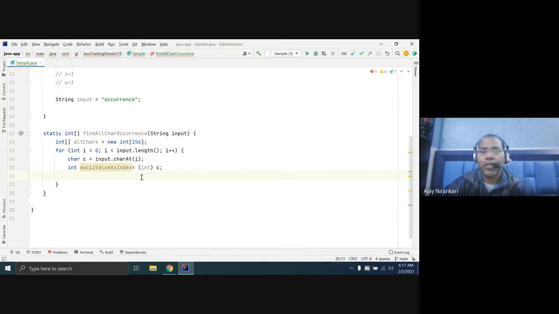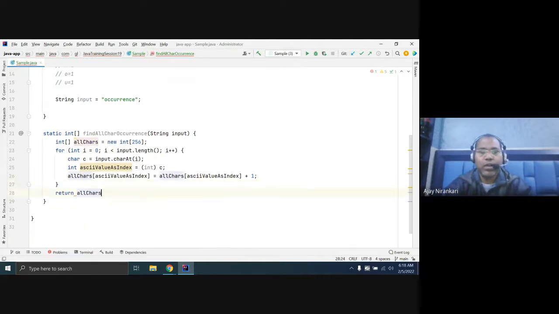Use that ASCII value as your index in the array you created, and at that position, whatever value is available, by default 0, just add plus 1, meaning you found one occurrence. Finally, after this loop, you return your all chars array. So this is the method which finds all the occurrences of your characters.